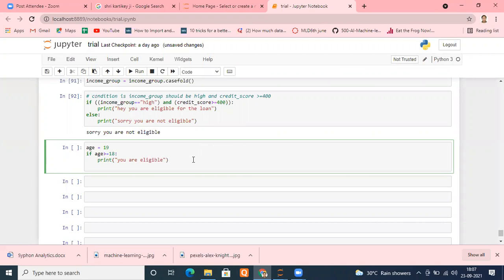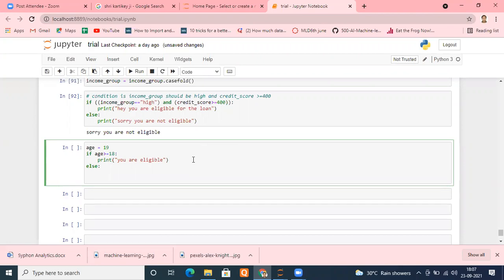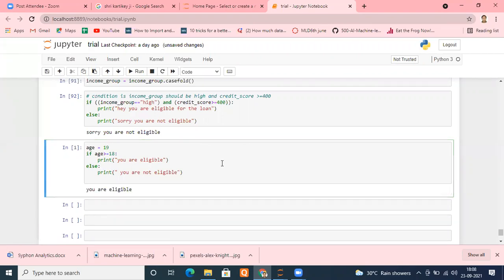Else, if it doesn't satisfy the condition, we print "you are not eligible". This is one way to do that. Let me run this, and in this case it will print you are eligible.